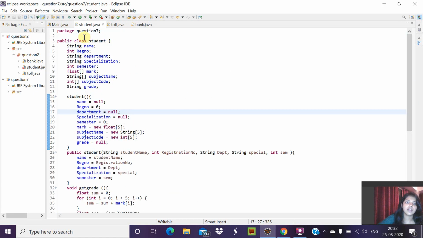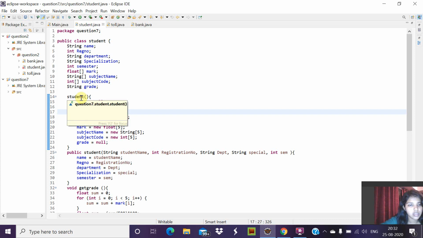In this, the package name is question 7, the class name is student, and we are initializing all these variables like name, register number, department, specialization, semester, mark, subject name, subject code. Here mark, subject name, and subject code will be declared as arrays.